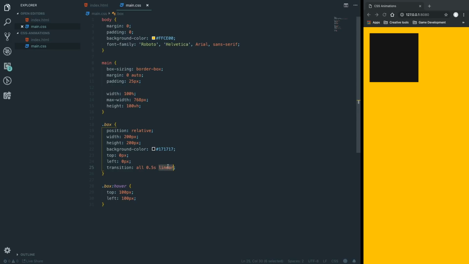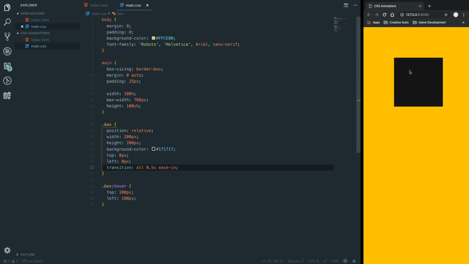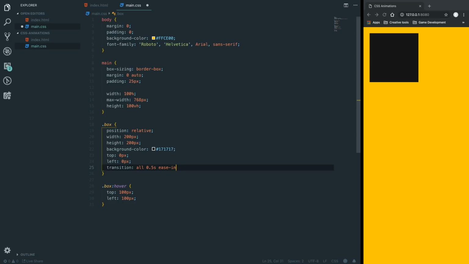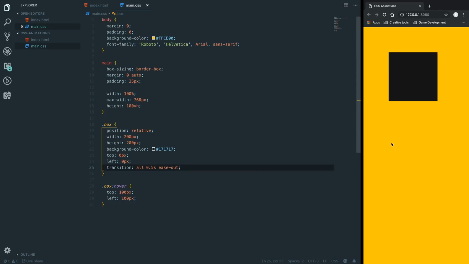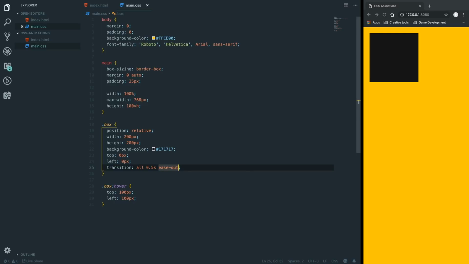Next up, we can say ease in. Ease in basically starts slowly. As you can see, it starts slowly and speeds up. We can then say ease out, which is the opposite. It starts off at a decent pace and slows down towards the edge. Next up, we can also do in out, which basically starts off slow, speeds up towards the middle, and slows down towards the end,